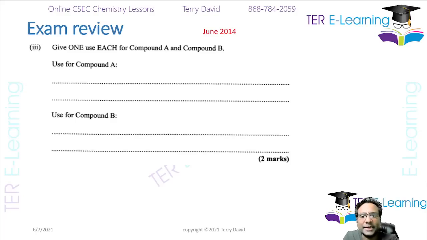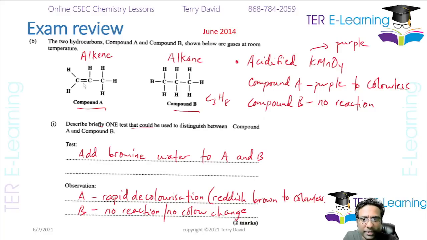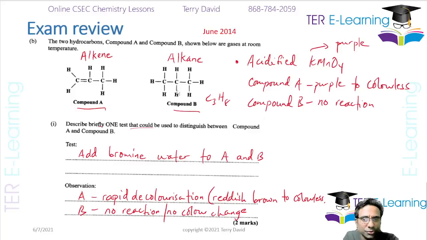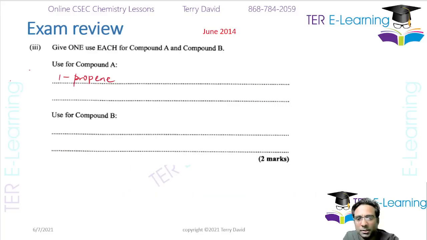Now, they want us to state a use for compound A and compound B. Now, what was compound A? Compound A, 1, 2, 3, that's 1-propene. So compound A is 1-propene, right? And compound B, the name of compound B was 1, 2, 3, is propane, right? So one use, right? In the case of propane, propane is what you use in a gas tank in a kitchen, right? So cooking gas,